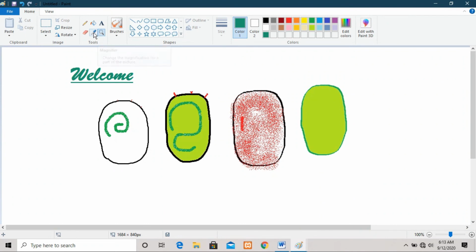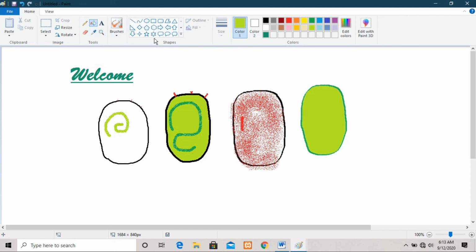Okay, the next tool is color picker. If you want to pick a color which is not given in this box, and you are not able to make that color, just click on the color picker tool and choose the color by clicking on the area. So I want this green color, so just click on it, and your green color is selected here. Now you can apply that green anywhere in your drawing. Fine, so this is all about these tools.